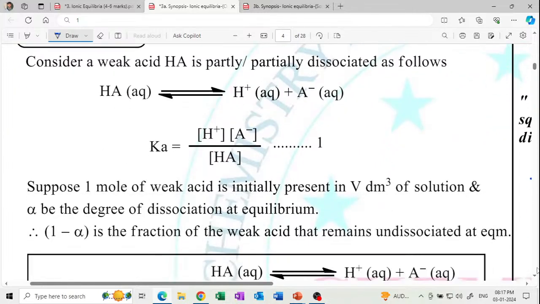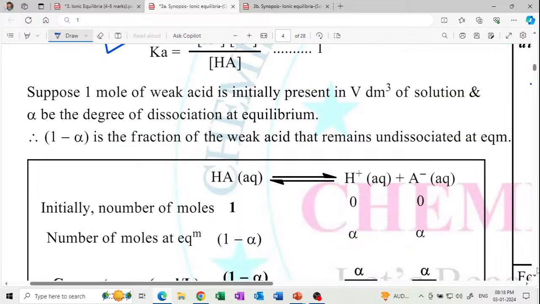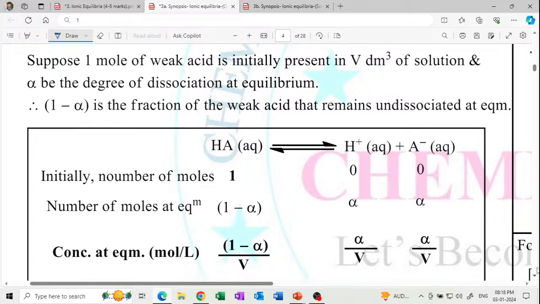So consider the acid that partly dissociates. This is the weak acid HA. HA gives H plus and A minus. The dissociation constant of the weak acid is K equal to H plus times A minus divided by HA. This is equation 1. Let alpha be the degree of dissociation, and 1 minus alpha is the fraction that remains